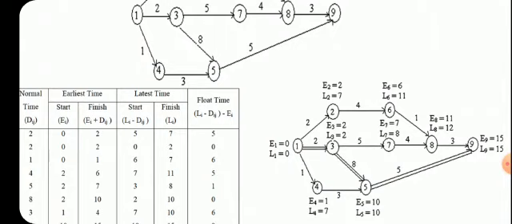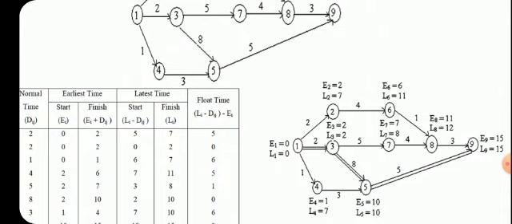But we can observe here 1 to 2, 0, 2, 2 plus 5, it is 7, 7 plus 4 is 11. But we consider at the 8th point, two activities are merging, so we consider the maximum. Therefore, E8, the earliest starting time, is equal to 11. 11 plus 3 is equal to 14 here. But we consider 10 plus 5, fifth event, we can say 15. Here 15, here 14 is there. Which one is maximum? This one. 15 can be considered, 14 will not be considered.